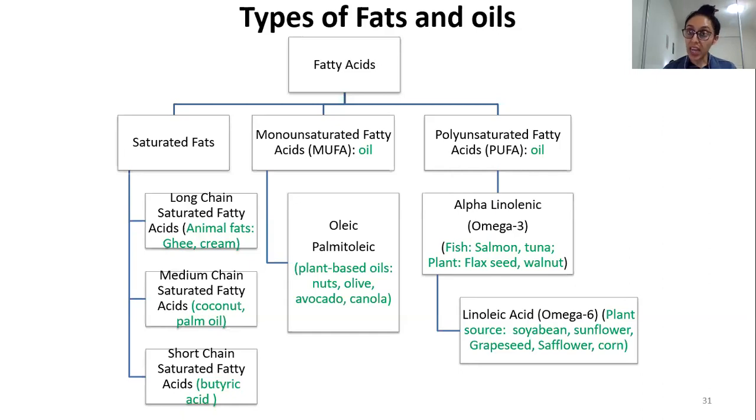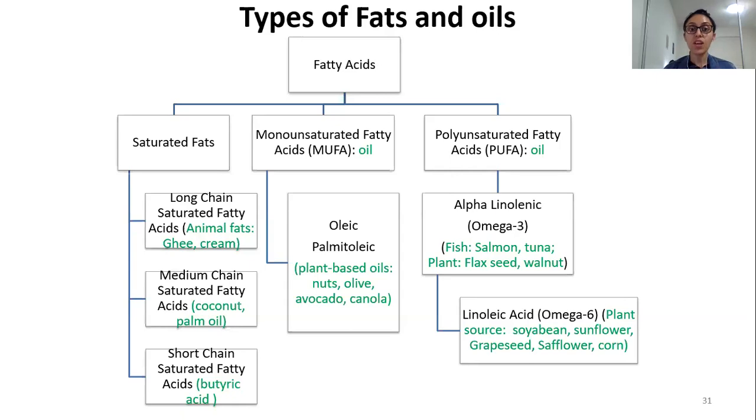It produces butyric acid, and butyric acid helps in the management of your blood lipid levels. It takes the bad cholesterol and throws it out of the body in your poop, for example, because it's in the large intestine. So it has the capacity of binding to excessive dietary fats. It has the capacity of binding to LDL cholesterol, throwing it out of the body, and it helps to increase your HDL level. So again, you see, short chain saturated fatty acids are actually good for you. So all saturated fats are not bad. And now you know why.